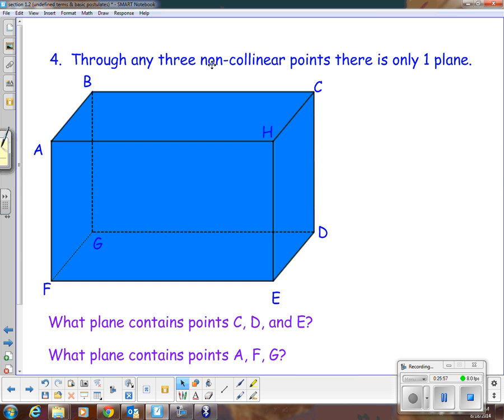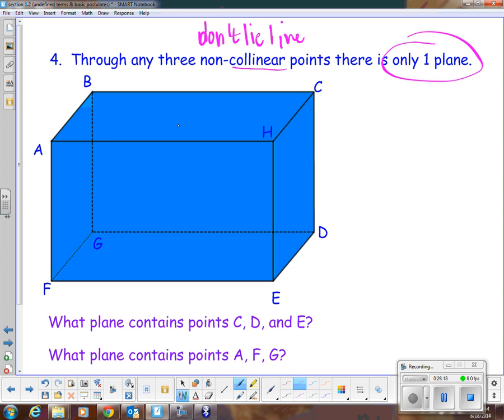All right, then the fourth one is through any three non-collinear points. Remember, collinear means lies on a line, so non-collinear means they don't lie on a line. Through any points that don't lie on a line, there can only be one plane. So if we look at point A, point B, and point C, you cannot connect these three with a line. They're non-collinear, but they are contained in a plane, and that would be the top. You could call it ABC, BCH, CHA,